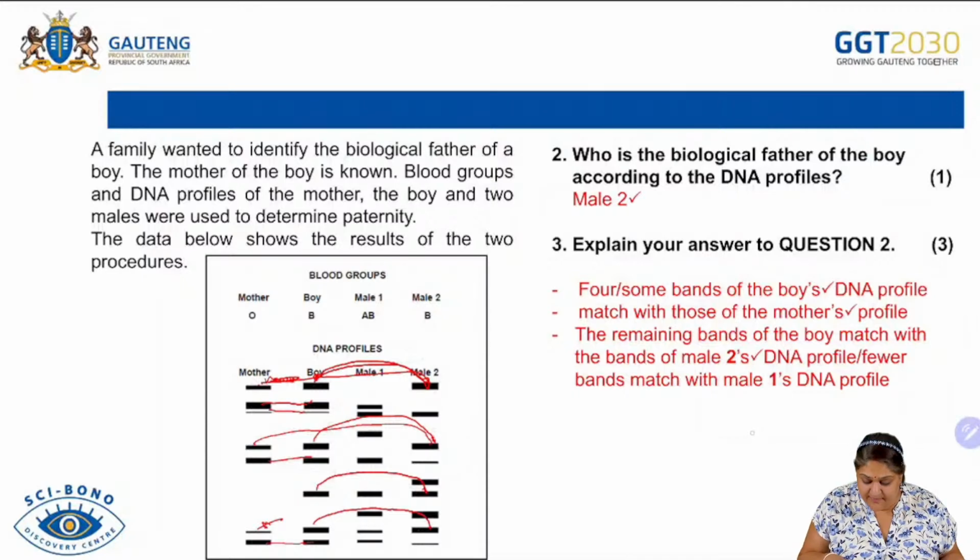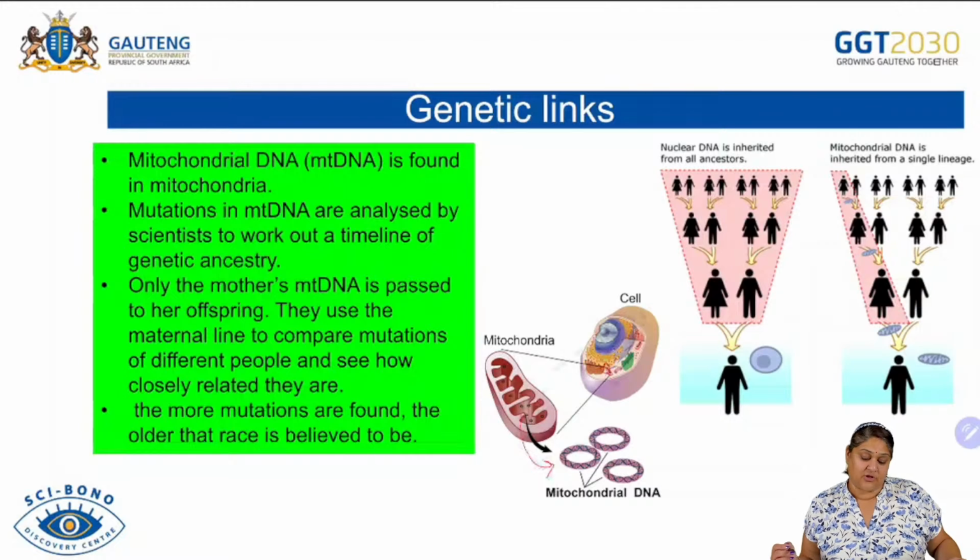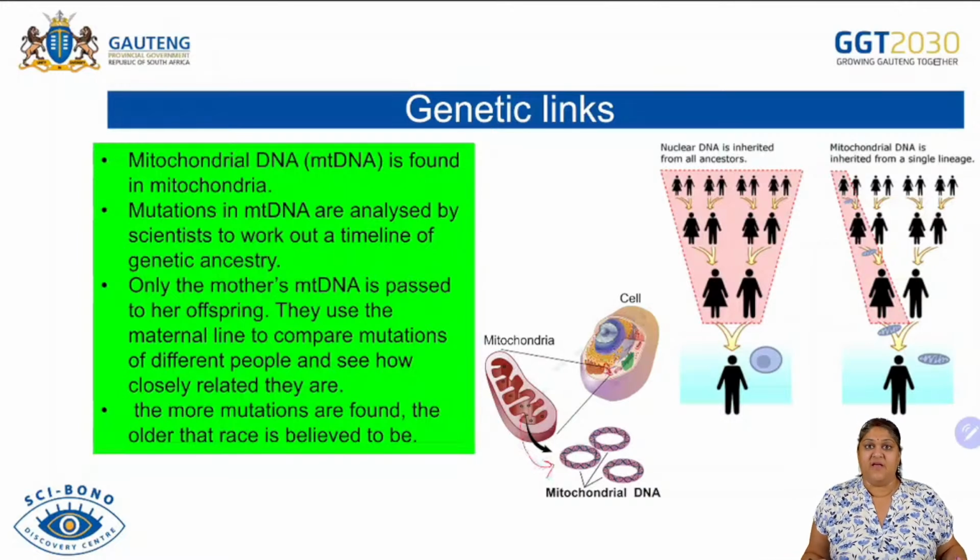So here's the cell, and here's the mitochondria, and within the mitochondria we have mitochondrial DNA. But why are we saying that only the mother's mitochondrial DNA is passed to the offspring? The reason is that during fertilization, only the head of the sperm penetrates the ovum. And where is the mitochondria in the sperm cell? It is in the midsection, in the neck. That neck does not enter the ovum, so it falls away. So the only mitochondrial DNA left in the zygote that's going to form is from the ovum, because the ovum is going to have the mitochondria. Okay,